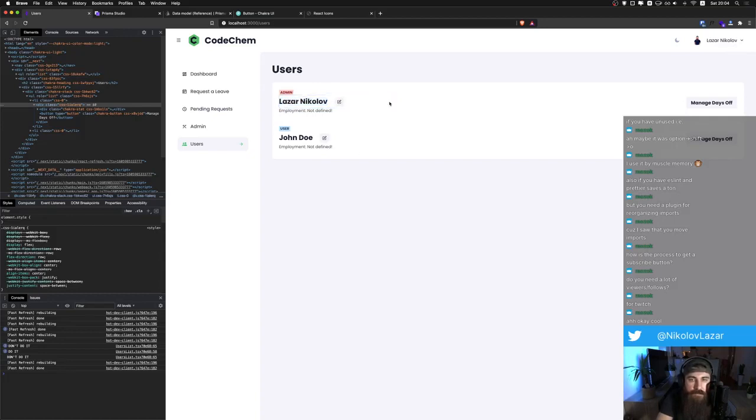Nicely done. And this can be a list, and the users, the admins can scroll, and when they search for stuff, we can just filter out all of the stuff that needs to be filtered. So